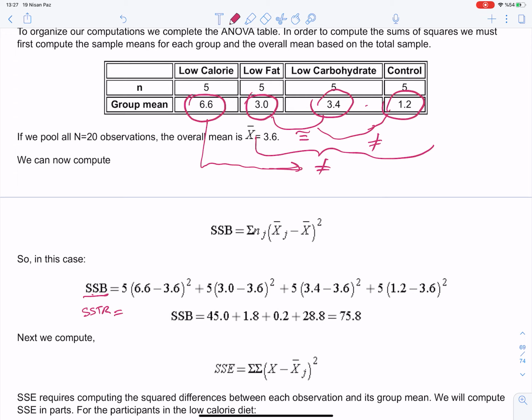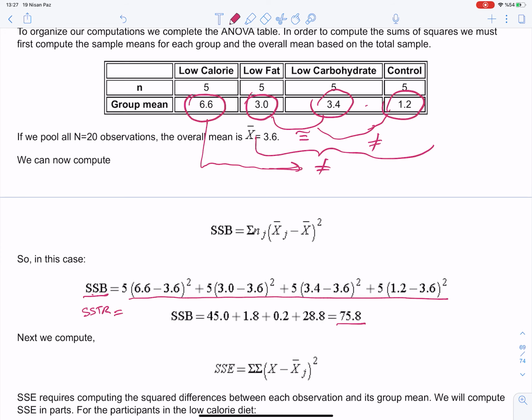This is the whole mean weight loss, in general the general mean, the overall mean. Each time you subtract the overall mean from each group mean, square it, and multiply it by the sample size. This is how you get the SS treatment, and you can do it yourself and see that this is